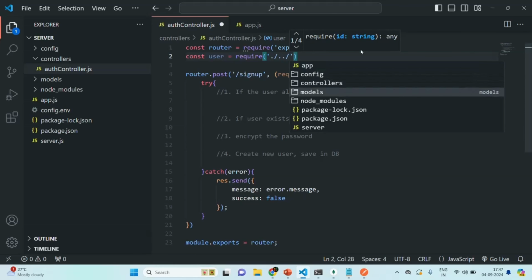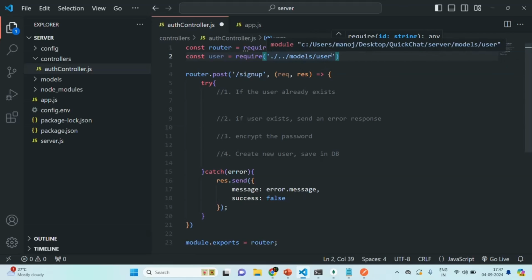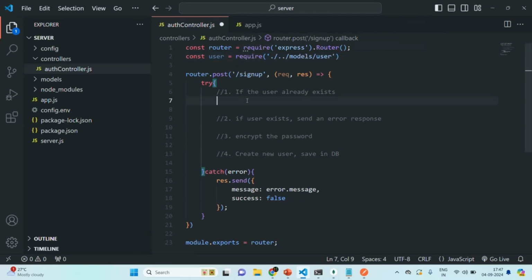There we have the models folder. In that models folder, we have this user model. So from this user file, we are returning the user model, and that will be assigned to this user variable. So now here we can say